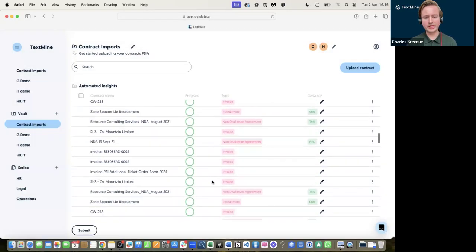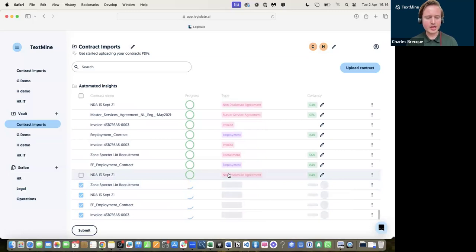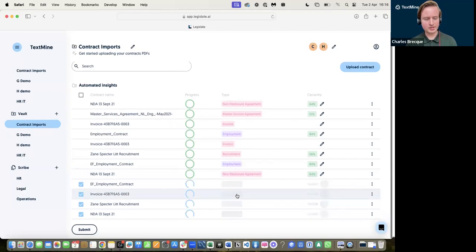And when you import the files into the system, the model is doing two things. It's first identifying the type of document that's been provided based on its substance. So for example, is this an invoice? Is this a supply agreement? Is this a master service agreement? And then once it's detected the type of document, it will extract the relevant fields based on that document type. So for example, if it's an employment contract, it will pick out the job title. If it's an invoice, it will pick out fees, etc.